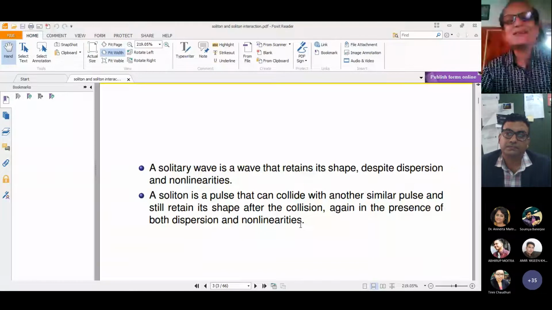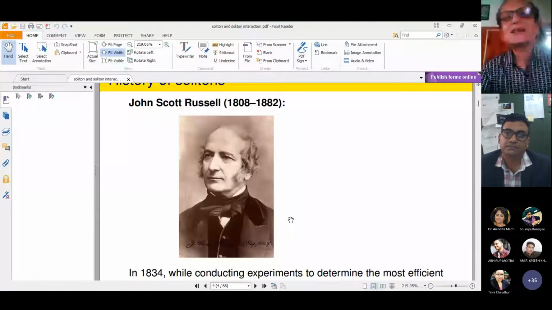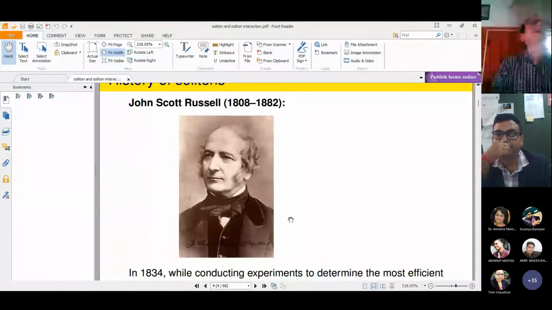Just to make it user friendly or student friendly, I want to tell some story. This is the man whose picture I am showing. John Scott Russell was a Scottish naval architect. In 1834, while he was moving from London to Edinburgh by a boat, and the boat was carried by horses,